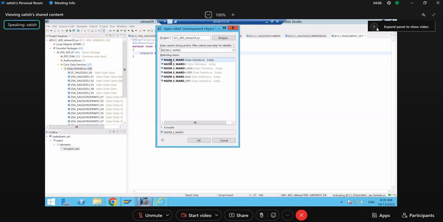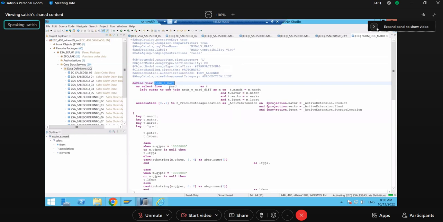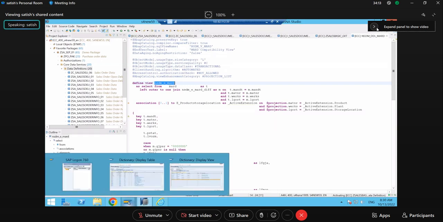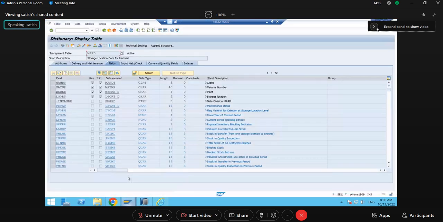Okay, simply this is the view. See your data definition. This is the view. Now guys, make sure that in S4 systems, any custom fields you appended to any